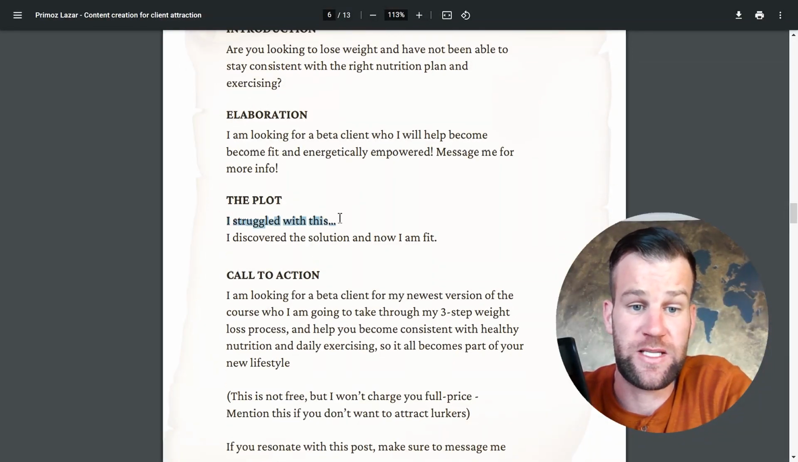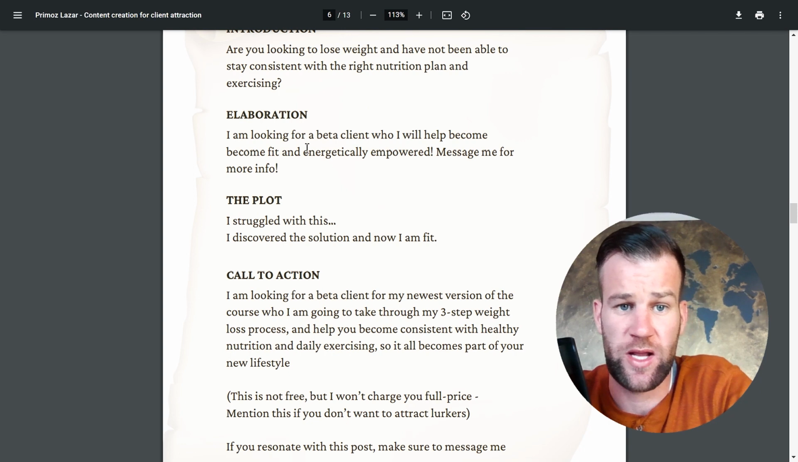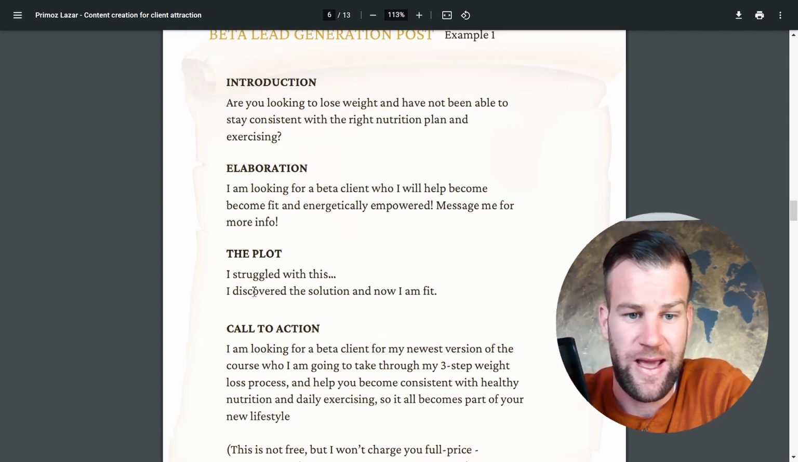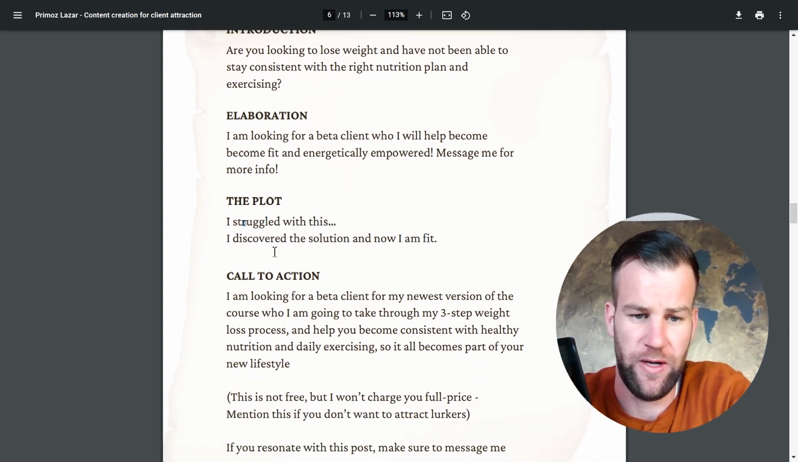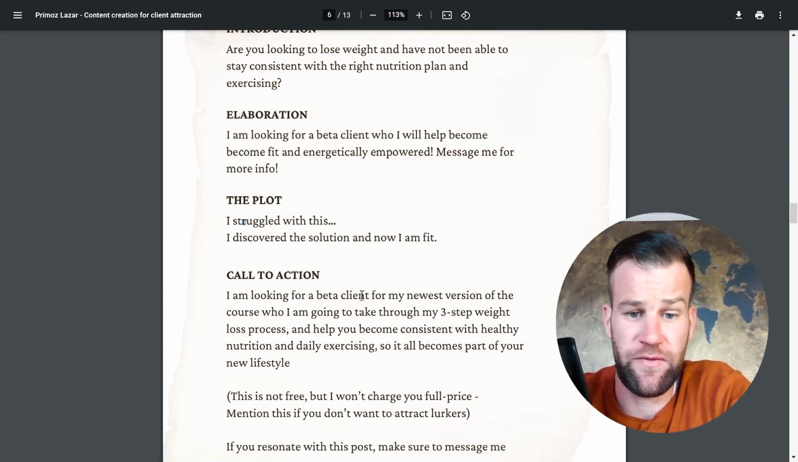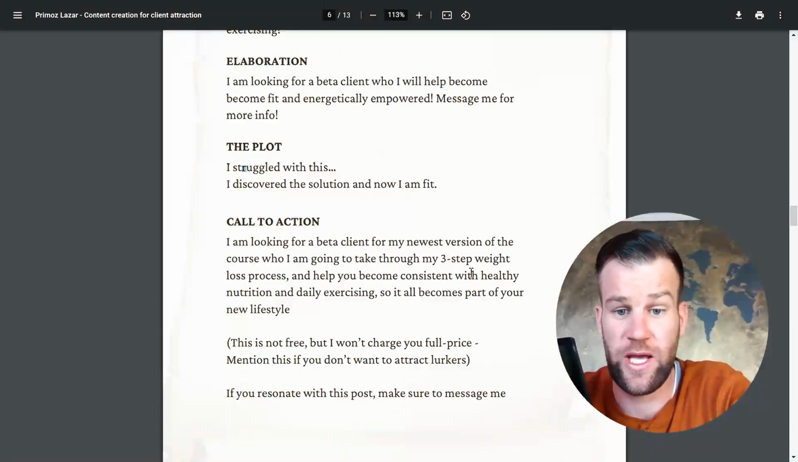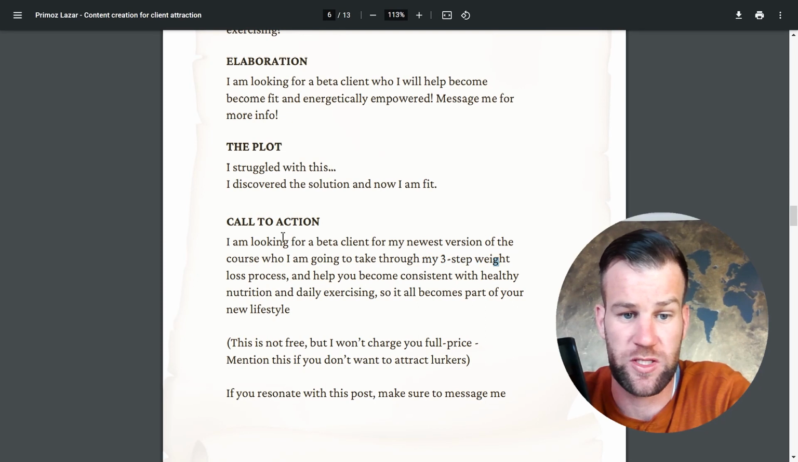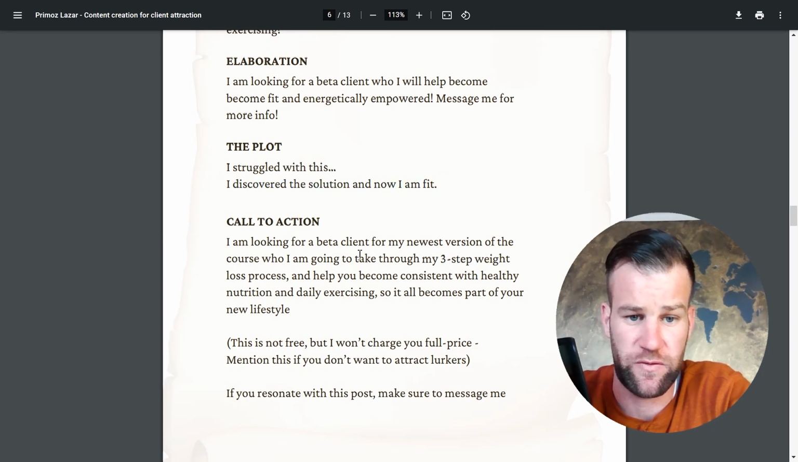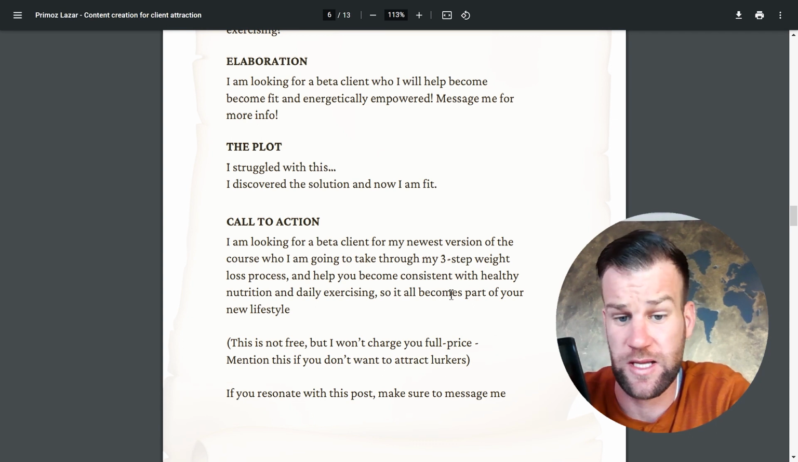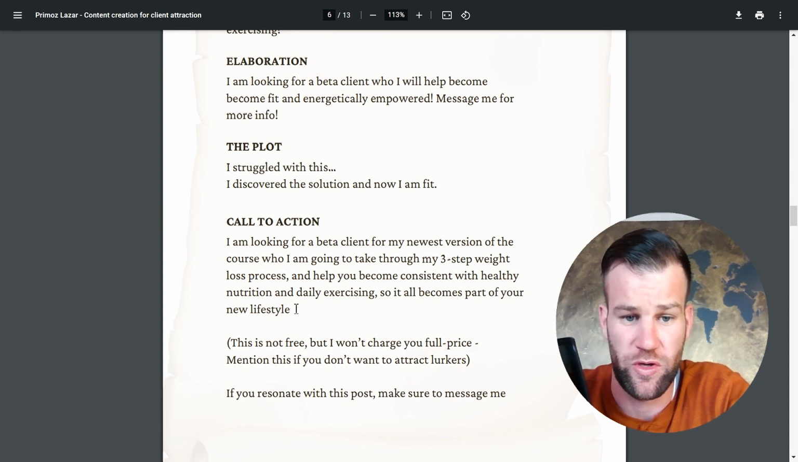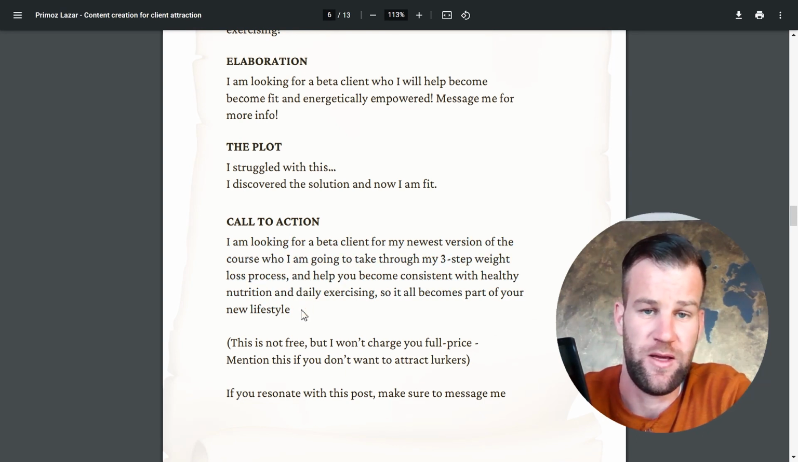In the plot, you basically can say, I struggled with this, right? Here we're talking about weight loss, and I discovered this solution and now I am fit, right? That's an example, right? And I'm looking for a few beta clients for my newest version of my course who I'm going to take through my 3-step weight loss process that I have learned and worked for me. And I will help you become consistent with healthy nutrition, daily exercising, so it all becomes part of your new lifestyle. I am not a weight loss expert, but I was able to make this up,